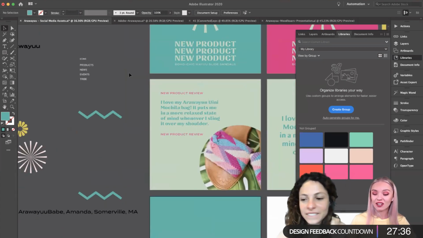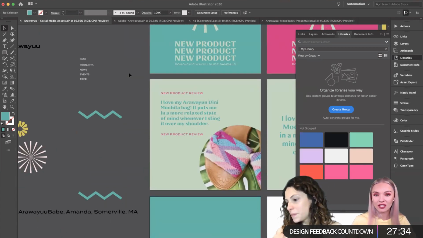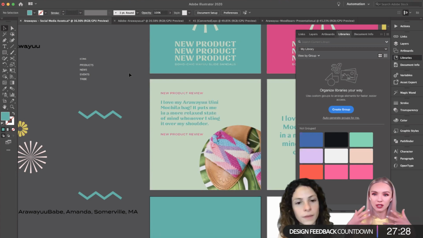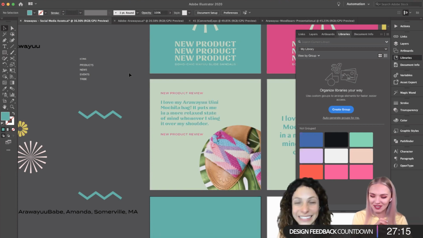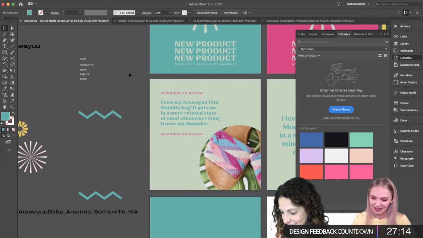Daniel is also saying you can check your work in grayscale to see the tones. Yeah, I usually never do that. I sometimes use grayscale when I'm retouching pictures, so I can see the lightness of a photo. But that's definitely a more professional approach to finding similar shades or similar tones.